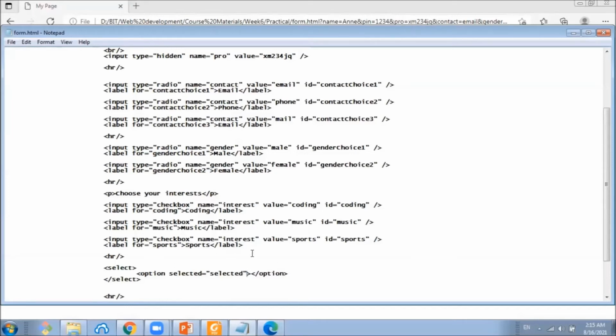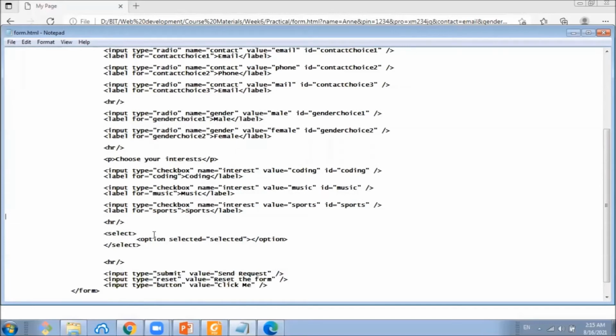Let's add some options to this select drop-down box. First, we will give a name to this element. The first option's value we specify as value 1, and also we specify the value to be shown to the user.